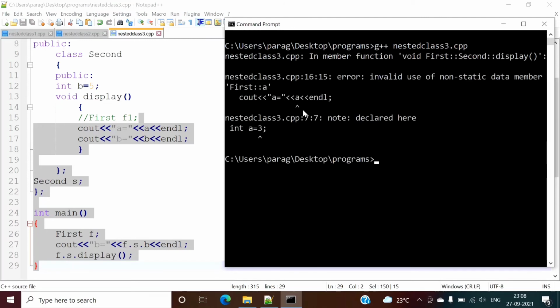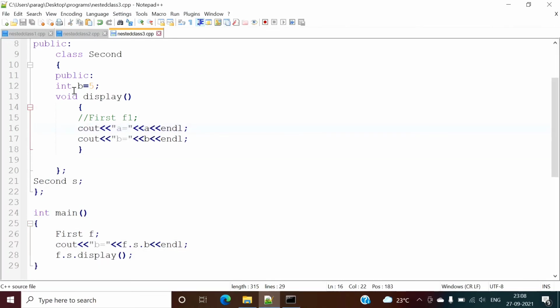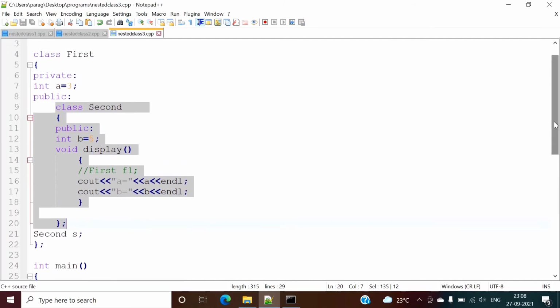So here we are getting an error. Directly we cannot use this variable a inside this nested class, though a and this class are part of the same class. To make use of a inside this nested class, we need an object of the outer class.